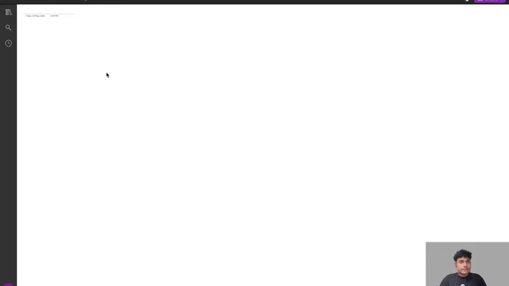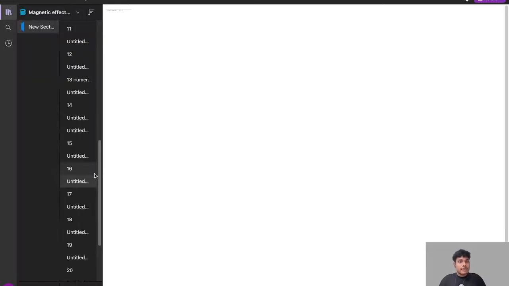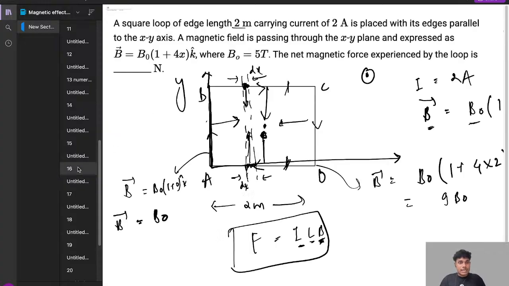नेट फोर्स क्या होगा दोनों साइड्स का, जीरो, मीन्स एफ ड्यू टू बी सी प्लस एफ ड्यू टू ए डी इज इक्वल टू जीरो, क्योंकि बोथ आर इक्वल एंड अपोजिट फोर्सेस। समझ में आया कि नहीं, बस यही समझना है, उसके बाद पूरा क्वेश्चन हो जाएगा। समझ में आया।